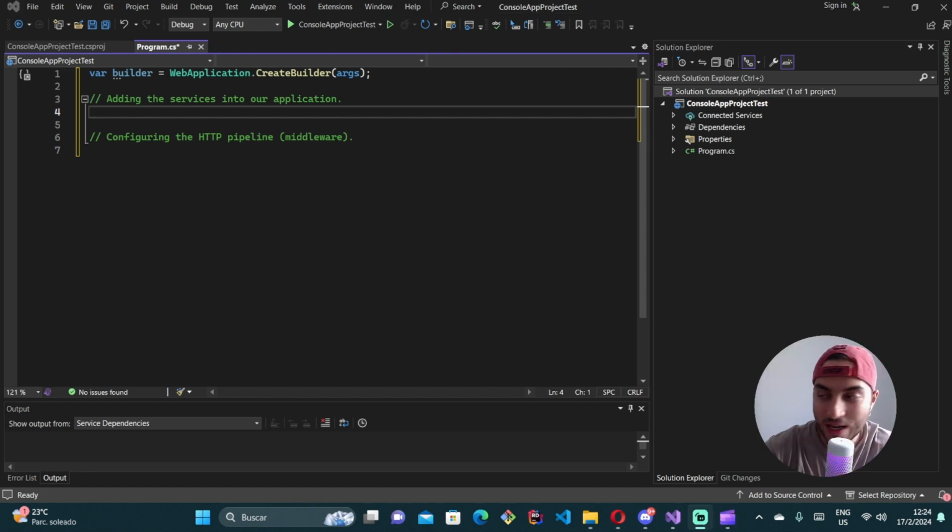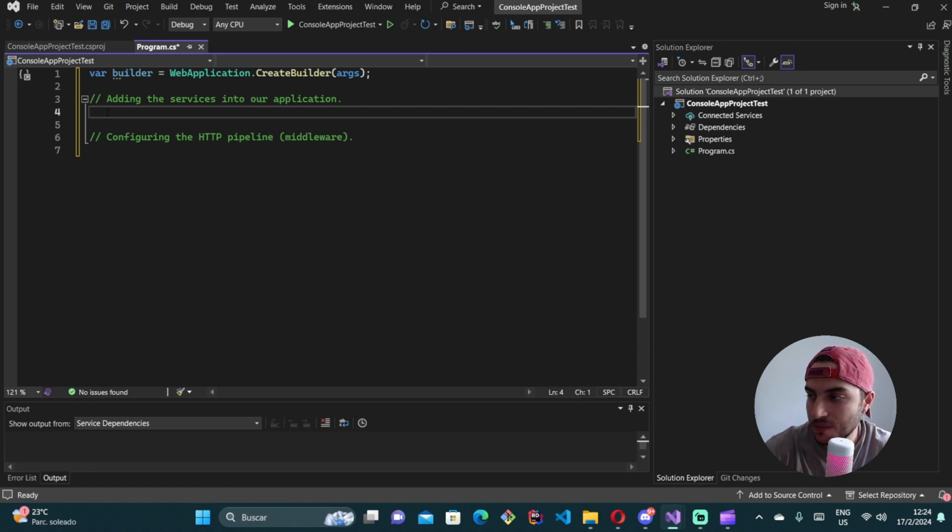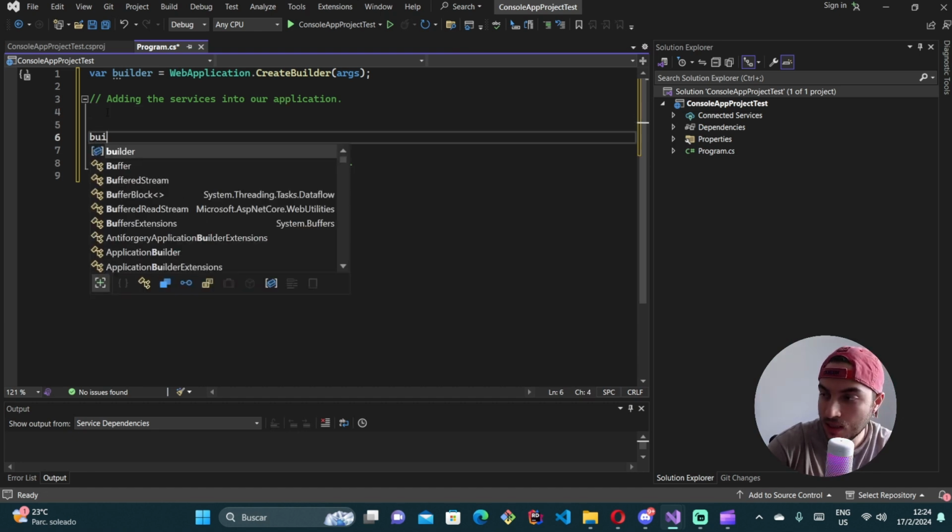Okay, so now we have to configure or add our first service. So as you can see, this builder serves as the core of our application when we configure basically everything of our app, and also it has the Kestrel web server. So when we are dealing with Razor Pages or a Razor Pages project, then we need to first add our first service into this container, that we can do by simply saying